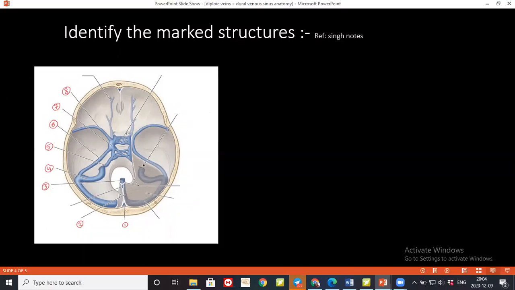and unpaired. Can you name the ones which are unpaired? Yes, ma'am. The unpaired are superior sagittal sinus, inferior sagittal sinus, straight sinus, confluence of sinuses, and the occipital sinus. These are unpaired. Can you tell me what is the importance of the cavernous sinus? Sorry? Importance of cavernous sinus? Yes. Cavernous sinus